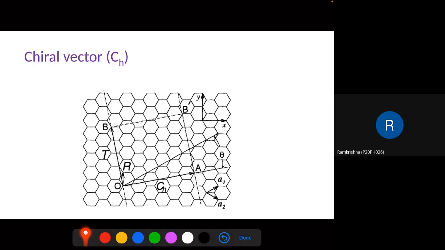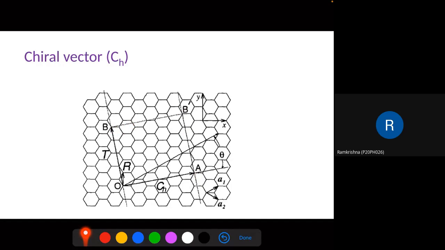And so that means now, let's say we can create this chiral vector Ch and T. The magnitude can be different, so they may not be exactly the same. And so we have something like a rectangle here. So you can say O, A, B prime, and B is a rectangle